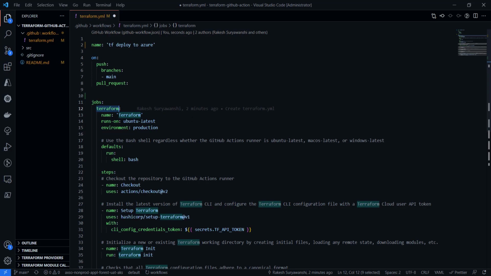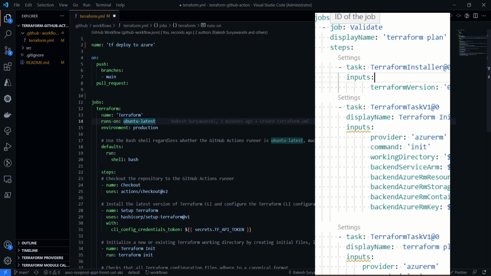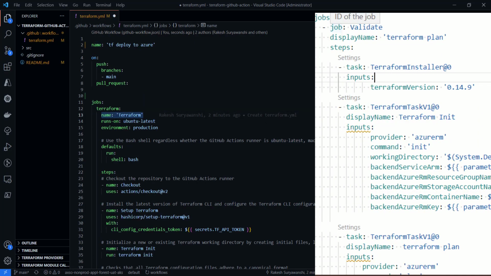You can change this particular job name, and here is the display name. If you are familiar with the Azure DevOps pipeline, this name is the equivalent replacement of the display name. So whatever job name you mention here is not going to be displayed on the pipeline run. It will be displayed with this particular name.